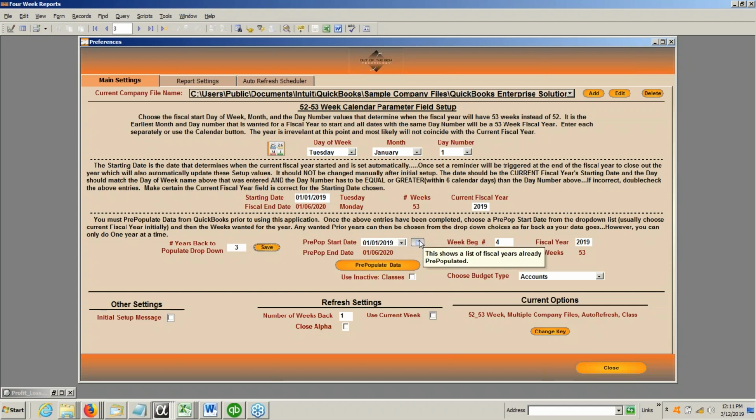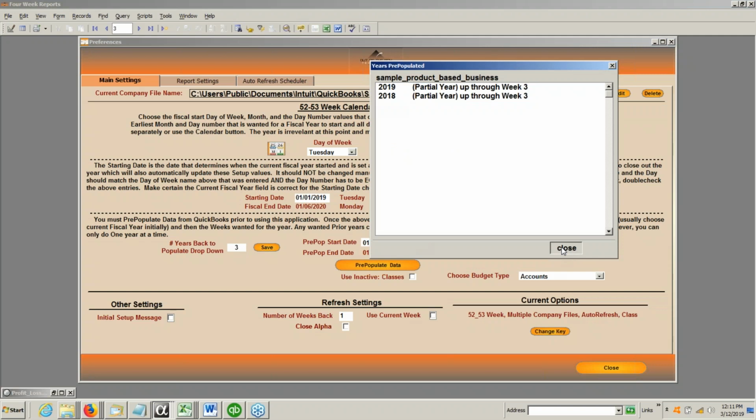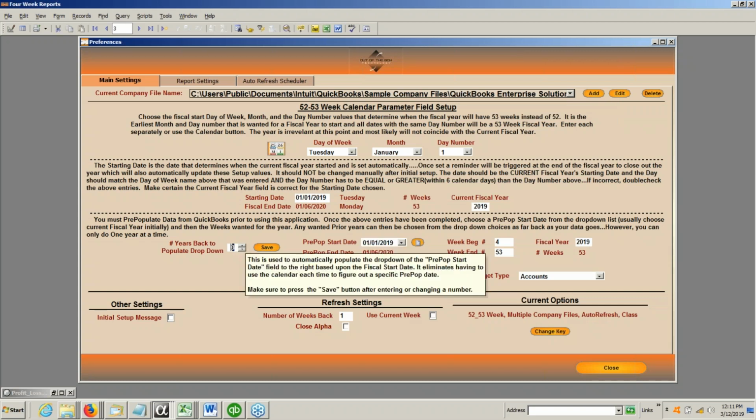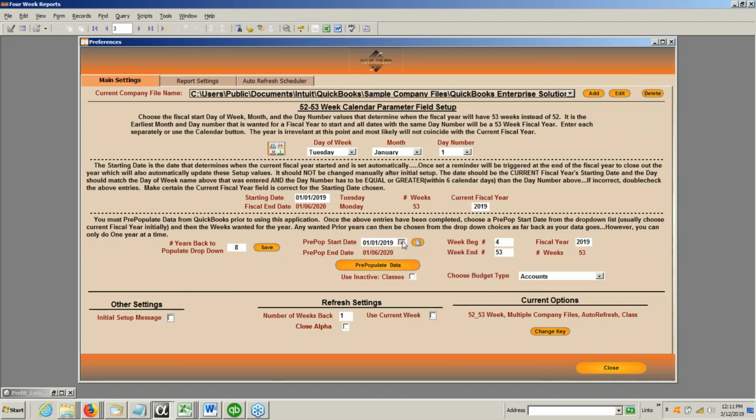And what this will do, whoop, not that, sorry. You can pick, it'll create 3 dates behind if you pick 8 down here. It'll create 8. And these are the dates automatically created. You have the first here. When you pre-populate, the prior year would have started on the 2nd. Prior year to that would have been the 3rd here. So it's going to create,